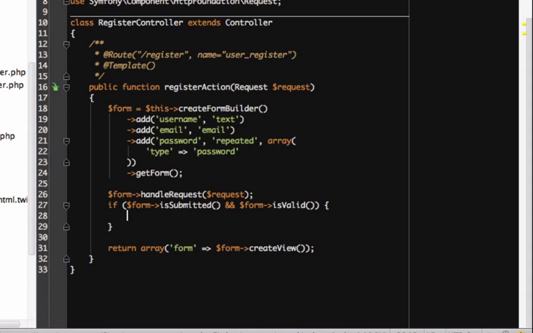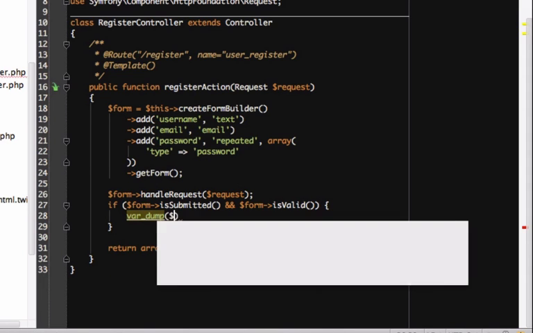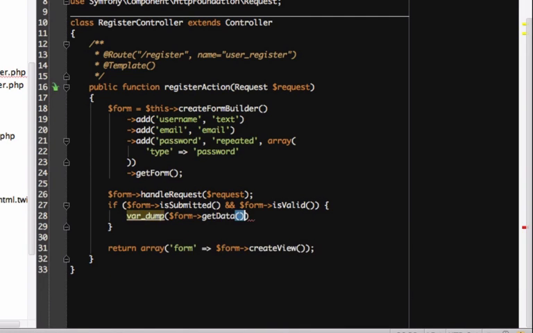If the form is submitted because it's a post request and passes validation, let's print the submitted data for now. If the form is invalid, or if this is a GET request, it'll just skip this block and re-render the form with errors if there are any.